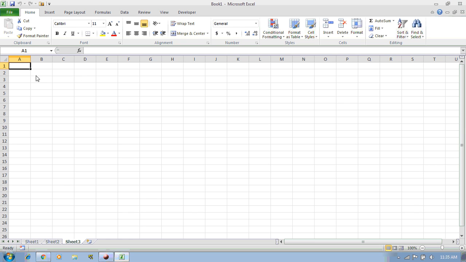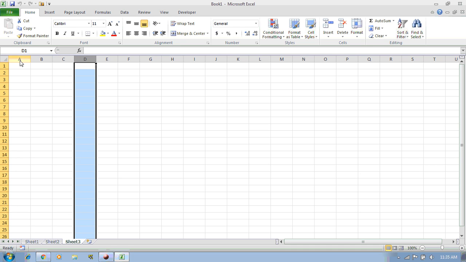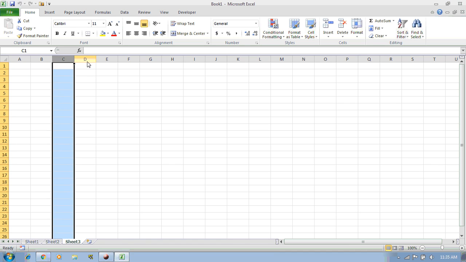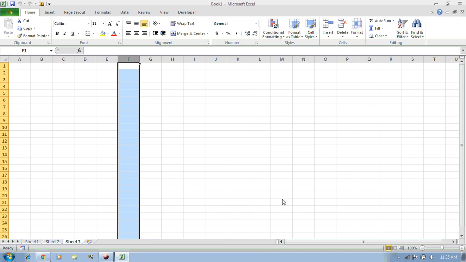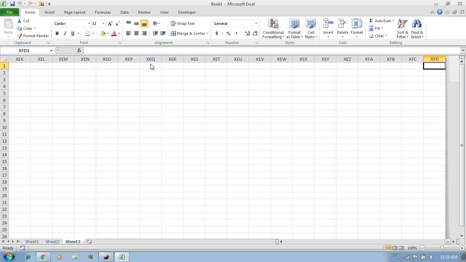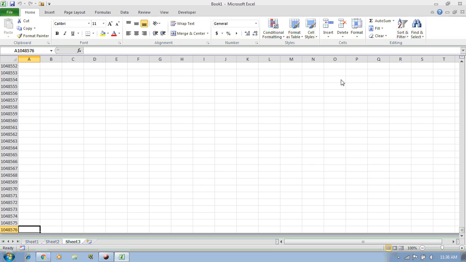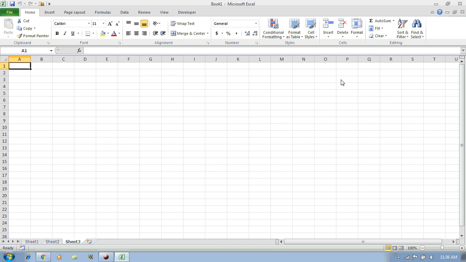So you can see here that these are starting from A, B, C, D, something like this, and these are going up to XFD, you can see here. And here you will see the rows. These are starting from 1, 2, 3, 4, 5, and it will go up to 10,48,576.